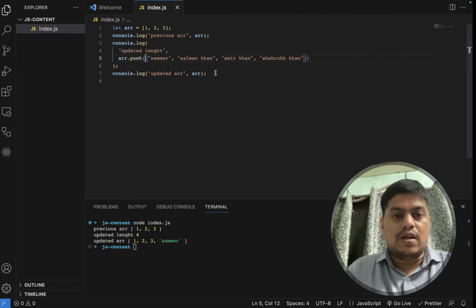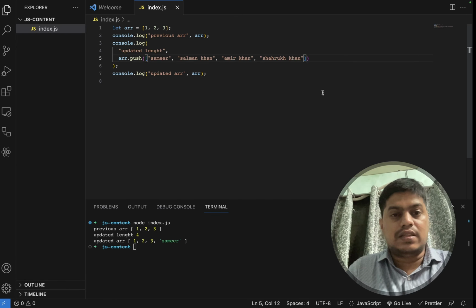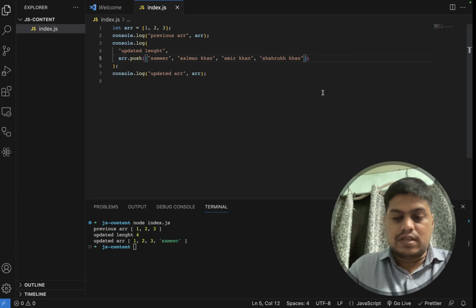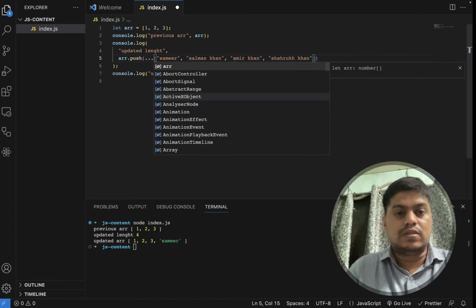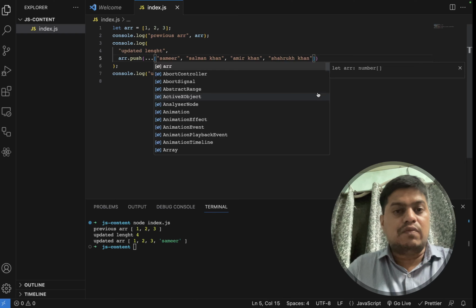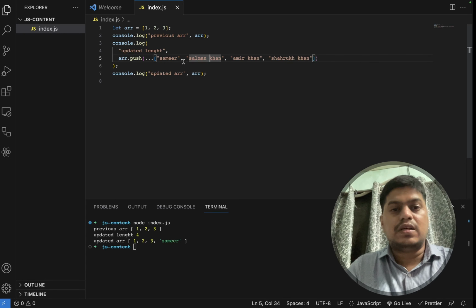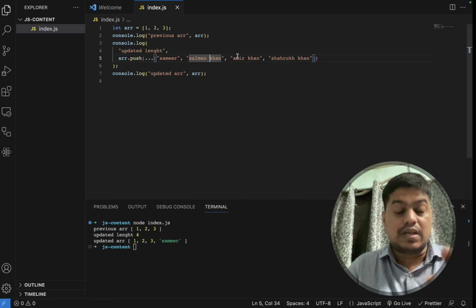Okay, so like I said, if you want to push multiple values inside the array, we can pass them in array notation, and we have to use 3 dots. Okay, so it will be pushing these elements as single elements. And if you don't use it, the array would be pushed inside our existing array, and it would be considered as a single element. Let me